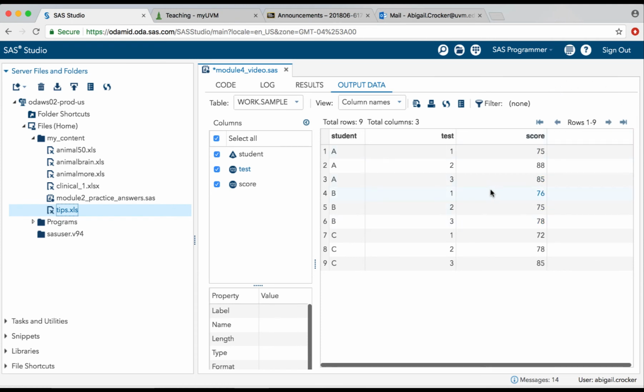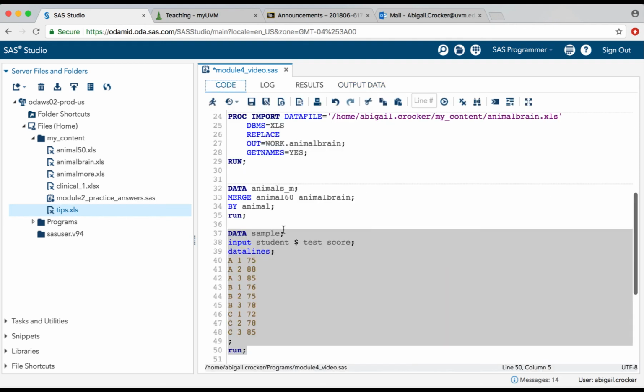So what I really want to do is instead of having a person represented 3 times here, I want a person represented once, and I want the columns to be like test 1, test 2, test 3, with a score under each one. I can do that by transposing these data. So how do I do that?